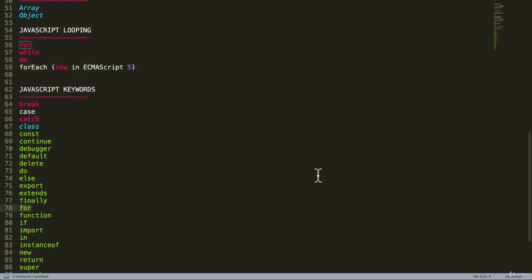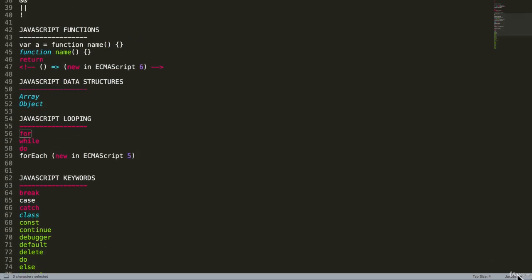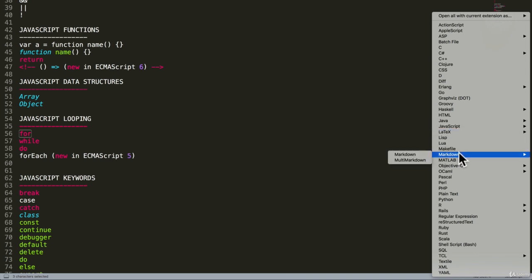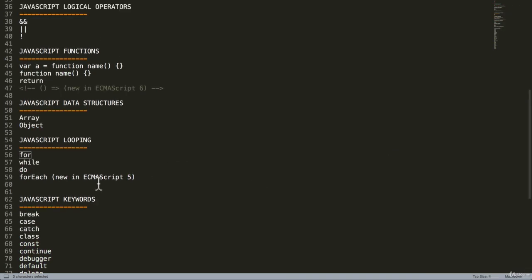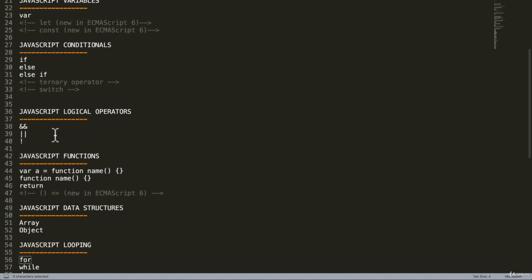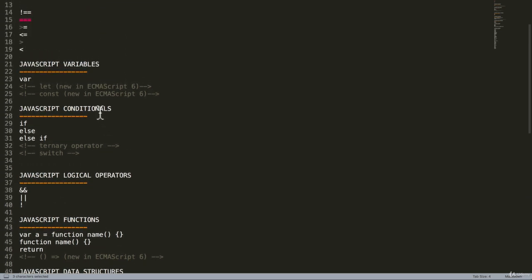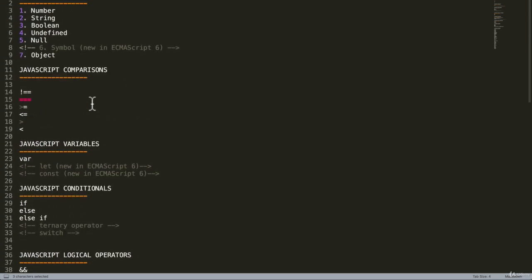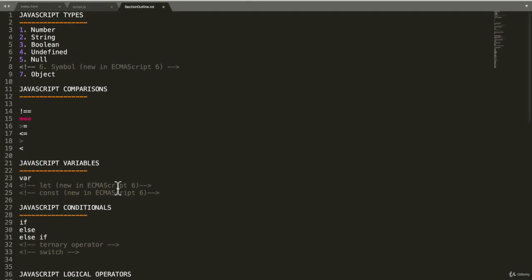I also want to show you what we've learned so far. And I'm going to change this back to Markdown so it's a little bit cleaner. Look at all this stuff we've done. We've done looping. We've learned about data structures. We've learned about functions, logical operators, conditionals, variables, comparisons, and types. And there's still a few things that are grayed out here, but we've learned 80% of what's really, really important in JavaScript. These other ones we'll get to in the advanced section,